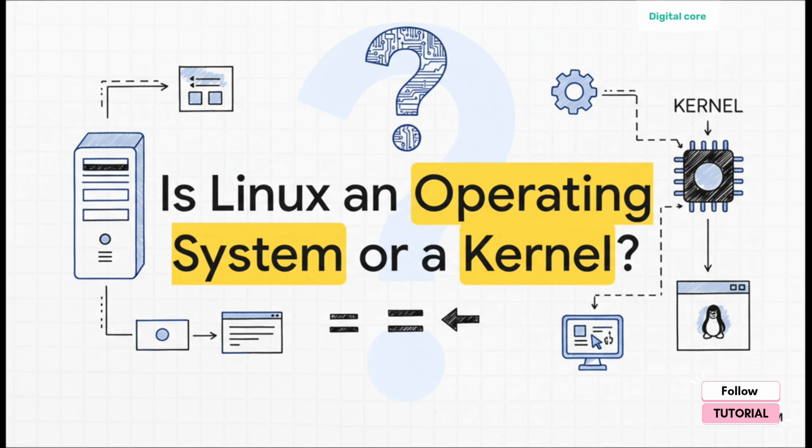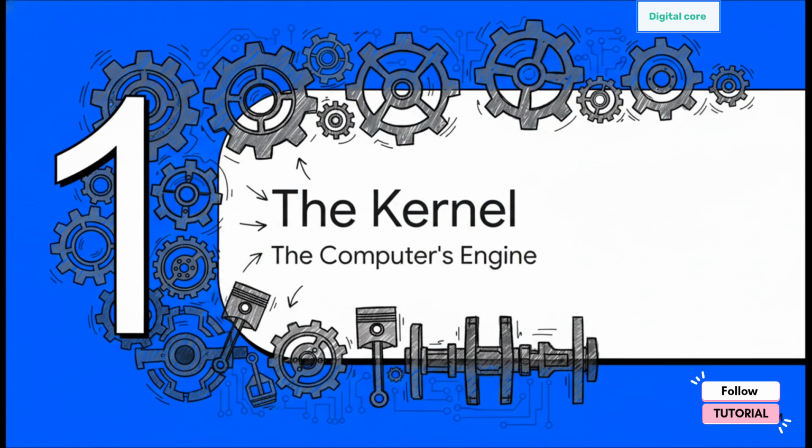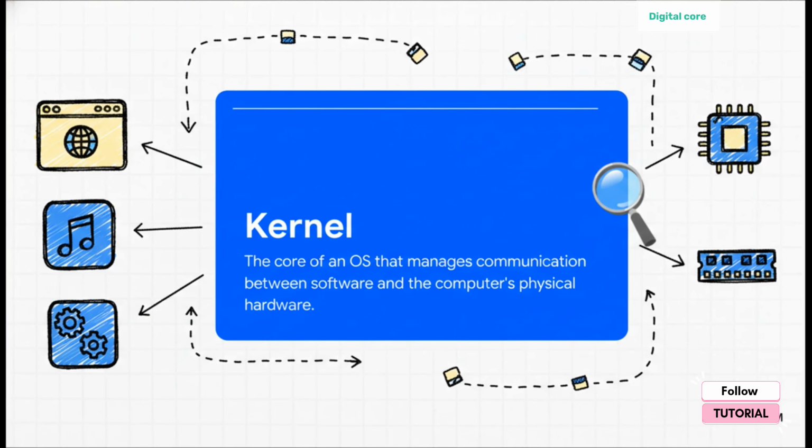So let's break it down. To really get what Linux is, we have to start at the very foundation, the absolute heart of the machine. We're talking about the kernel. The easiest way to think about it, it's the engine of your computer. So what does this engine actually do? Well, the kernel is basically the ultimate translator. It's this core program that sits between the software you use, like your web browser, and the actual physical hardware. Your CPU, your RAM. It takes what the software wants and turns it into a language the hardware can understand